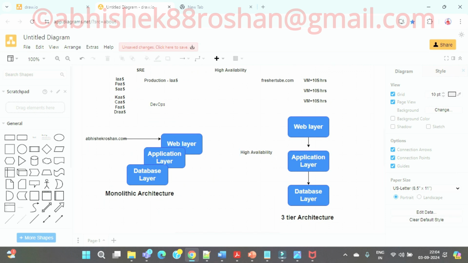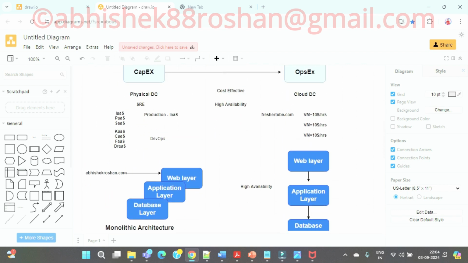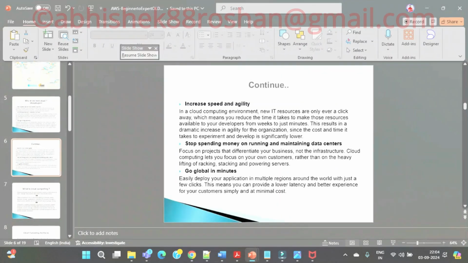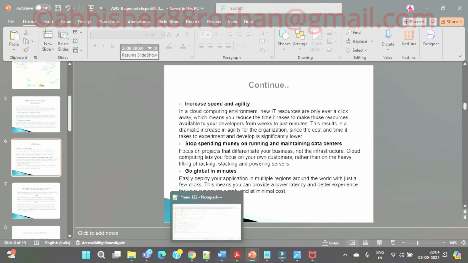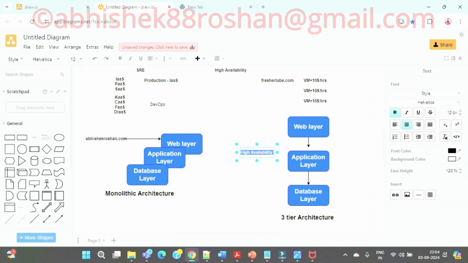Easy. Now tell me whether your doubts are clear or if you still have any doubt. High availability or availability zone doubt is clear? Now you will not forget, right?